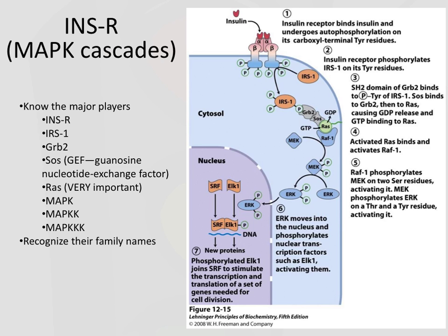First, I'm going to take you through what happens whenever we're doing the MAP kinase pathway portion of insulin. Insulin binds, and it causes autophosphorylation of the tyrosines. Because these are kinases, at the expense of ATP they then phosphorylate IRS. And IRS, once again, this is the good IRS, once it's phosphorylated, it's activated, and in turn activates